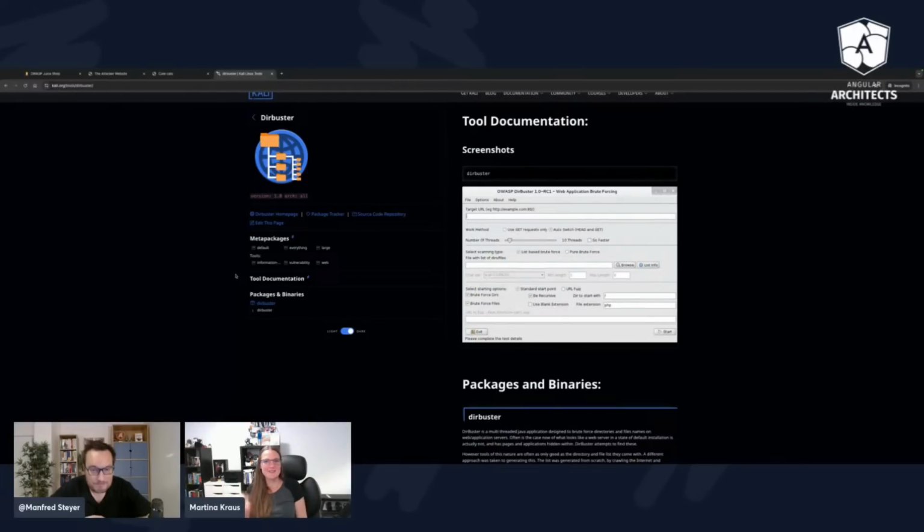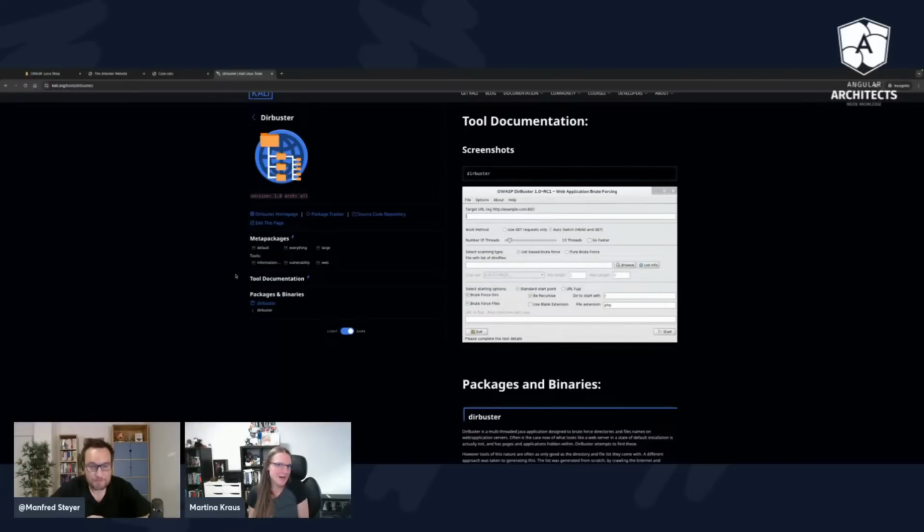There are already tons of text files which suggest this kind of most common routes. You insert them inside the Steerbuster tool, and then it does its job. Basically, it takes some time. That's why, as I said, I'm not showing the slide, but it takes some time. It just tries to call the API or the website with all the kind of routes we provided throughout the file. And then, of course, in the report, we see some kind of HTTP status codes.